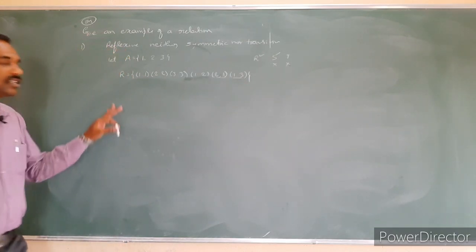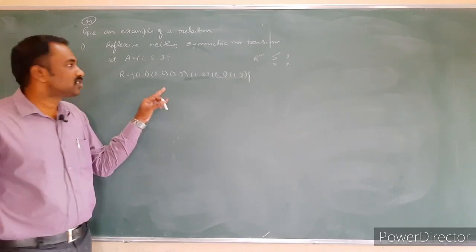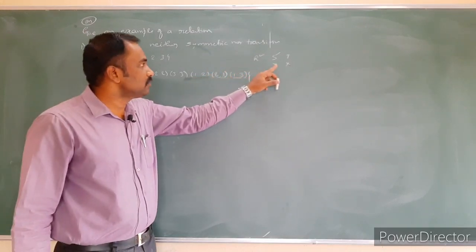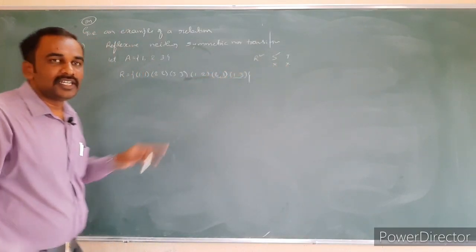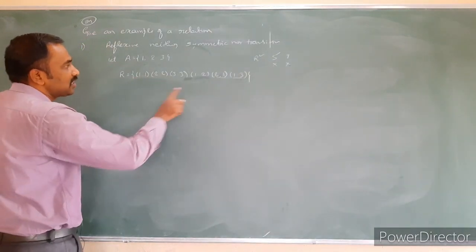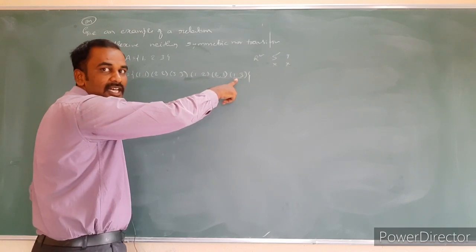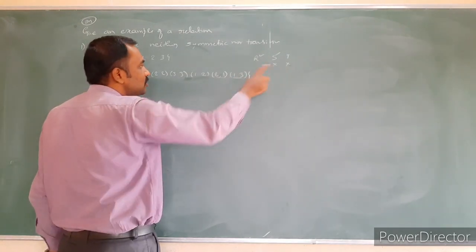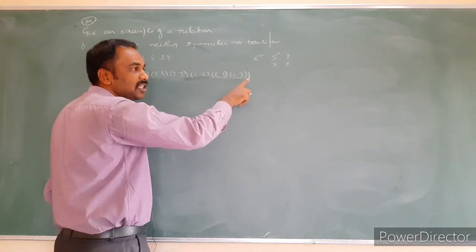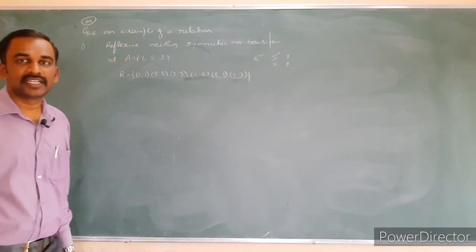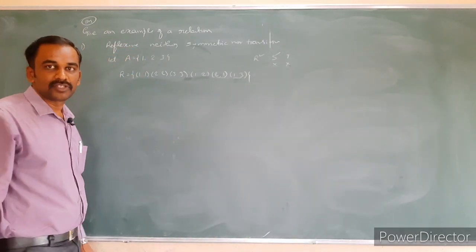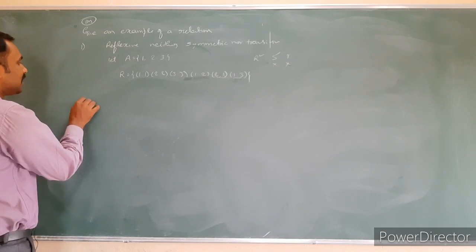So, given the relation, we write the example of a relation which satisfies reflexive, but is not symmetric and not transitive. Yes, reflexive is there, and it fails in symmetry. Where? 1 comma 3 is there, 3 comma 1 is not there. Transitive means 2 comma 1, 1 comma 3, so 2 comma 3 is required, but it is not there, so it fails in transitive. That's all. Are you clear about this one? This is how we have to write the example.